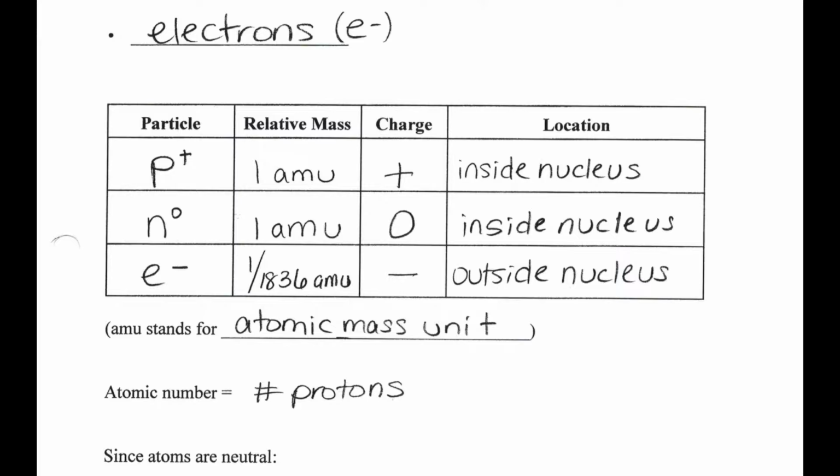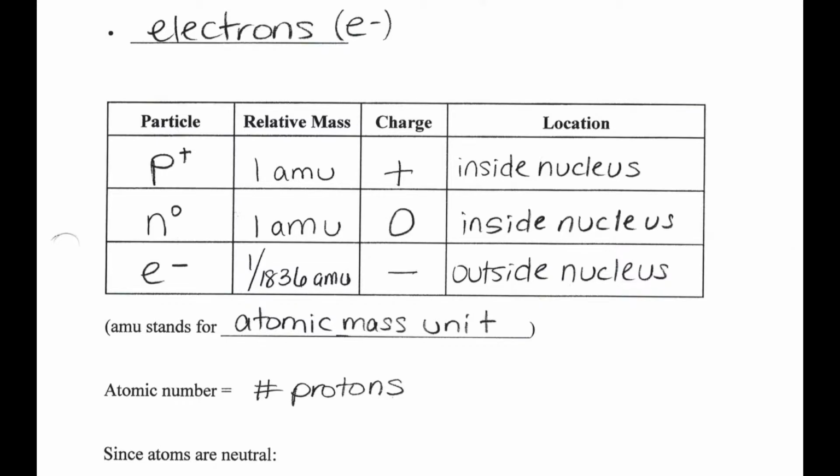Now, electrons are much, much, much smaller. They have a relative mass of 1 over 1836. In other words, they're about 2,000th of an AMU, of the size of a proton or a neutron. So they're really super teensy tiny. They really don't even add any kind of mass to the atom. All of the mass is located in the nucleus. They are found outside the nucleus in